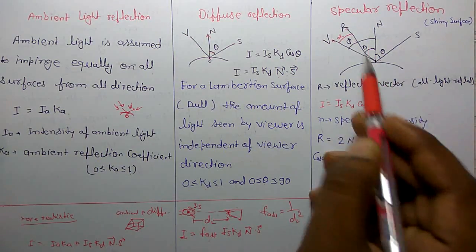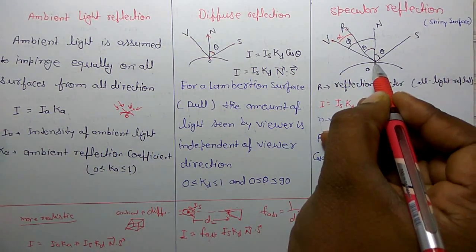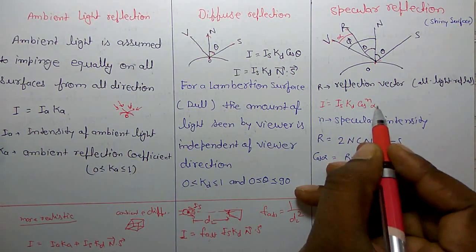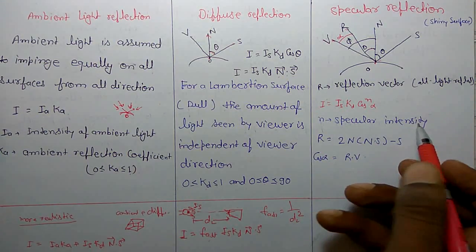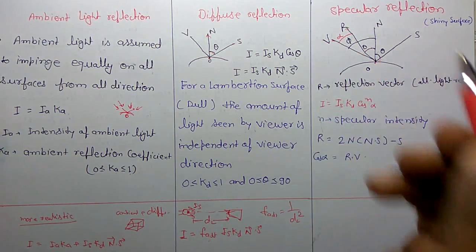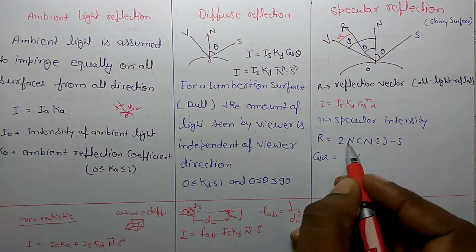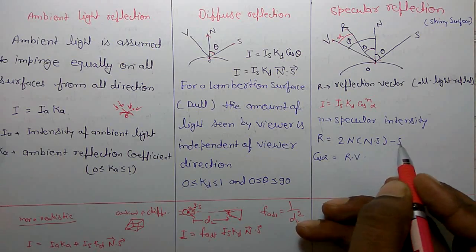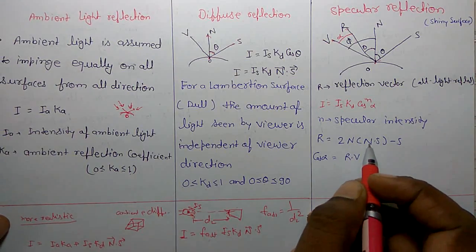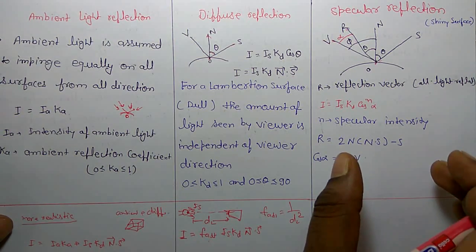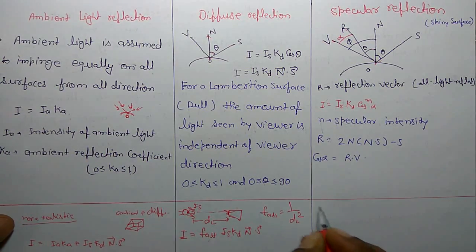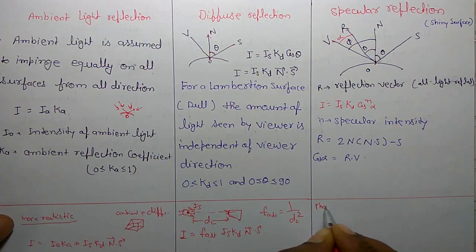So in the specular reflection, the intensity at point O will be I equal to k_d cos^n alpha, where n is the specular intensity exponent and alpha is the angle between the reflection vector and the viewer direction. And that r can be 2n(n dot s) minus s, and cos alpha equals r dot v. So in the specular reflection, we calculate the shiny surface. There is a model, the Phong illumination model,